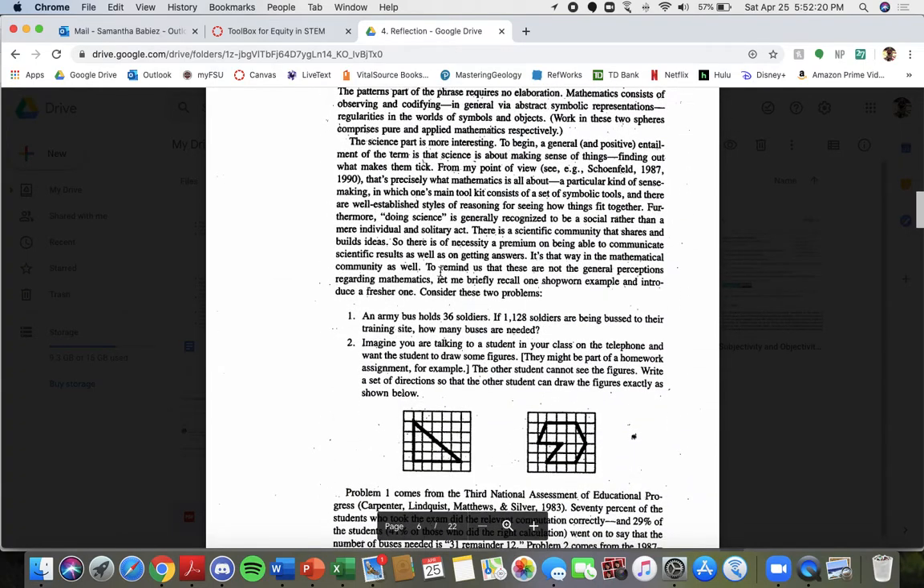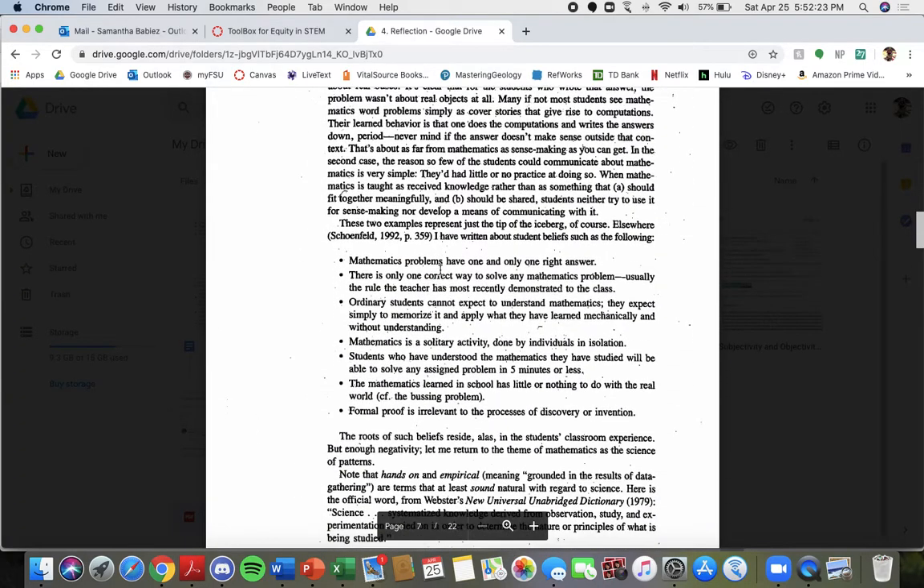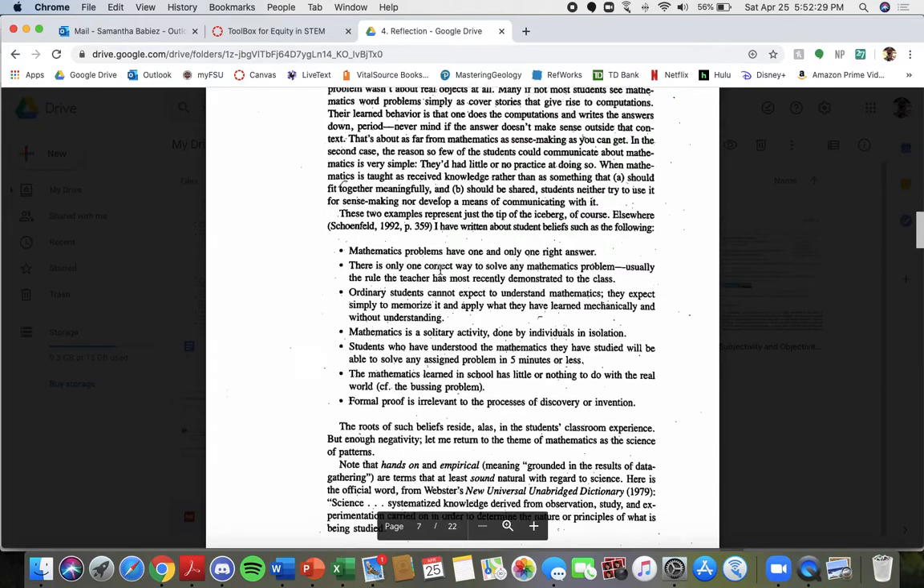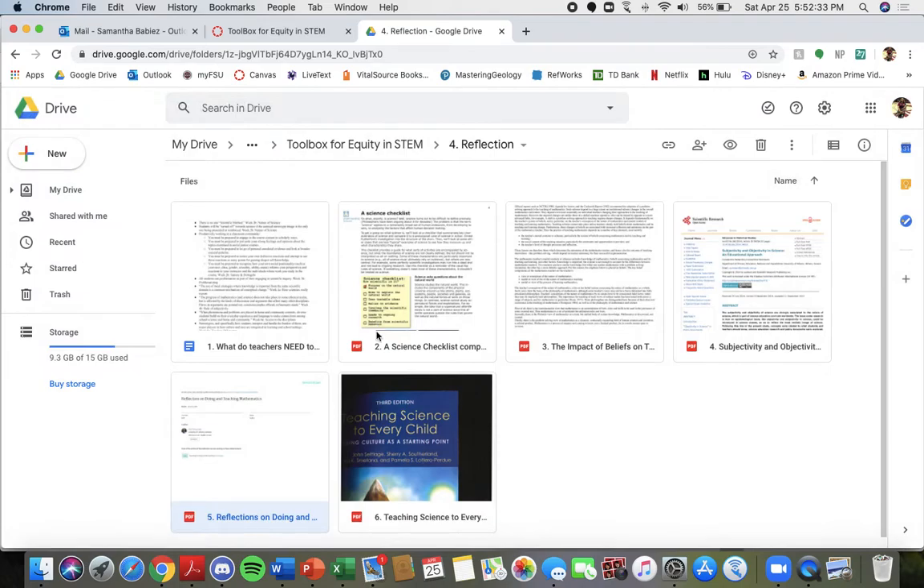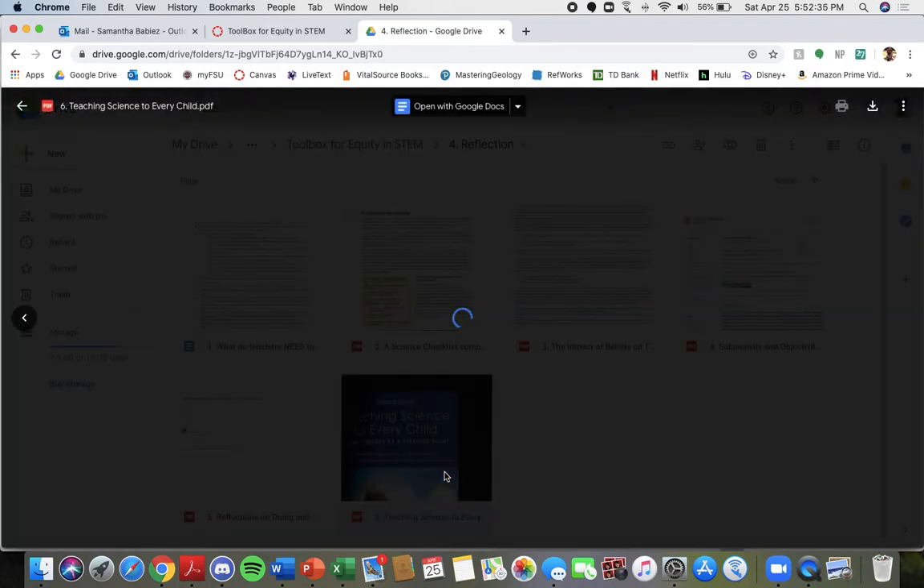There might even be a lesson in here somewhere that I could pull out when talking about nature of science and those kinds of things. And I really liked this article, so I wanted to make sure it was in here. And then the very last thing I have is